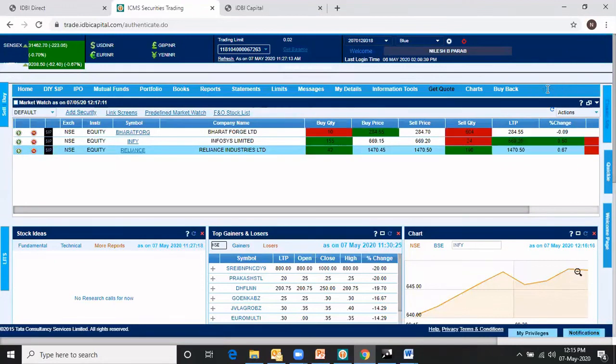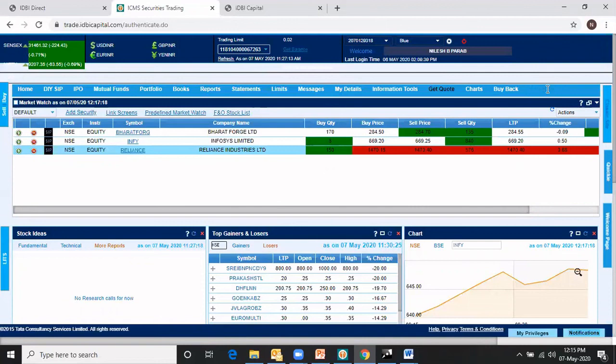So basically, this video is to make you understand how the IDBI Capital screen works, and possibly I tried to deliver what I can deliver to any new person who just logs into the account and can see what is available on IDBI Capital along with certain product details. Okay. So that's it. From my side, that is what I wanted to tell you, and I hope you understand a bit of it, but then you have to update your knowledge every now and then, and that will be displayed on our websites. Okay. Thank you. Bye.